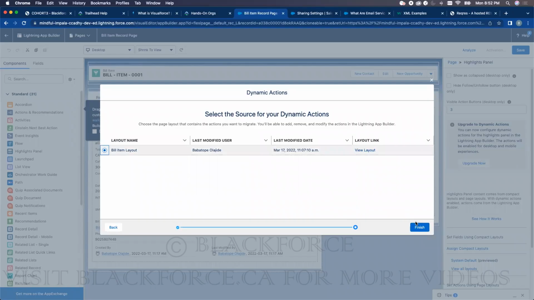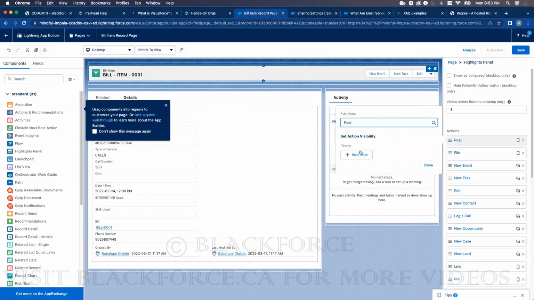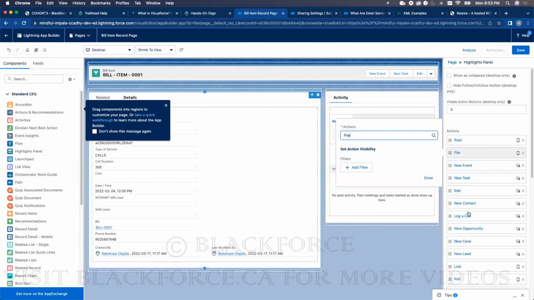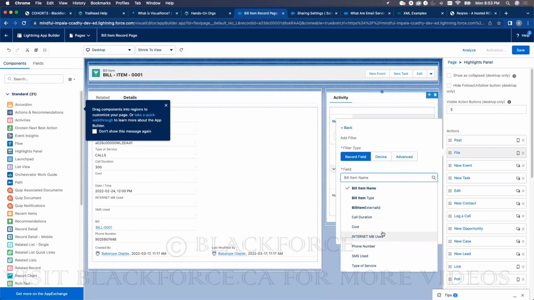If you upgrade to dynamic actions, you can determine when this action will show. You can determine when the file option will show. Everything you see here, you can determine when it will show based on whatever criteria you've selected. This is app building. App building is logically creating conditions that will solve a business problem declaratively without having to write code. But if you had to write code to determine the visibility of the action button, then